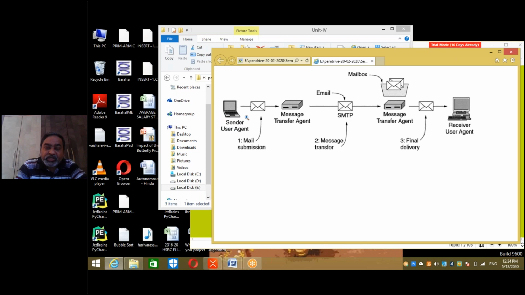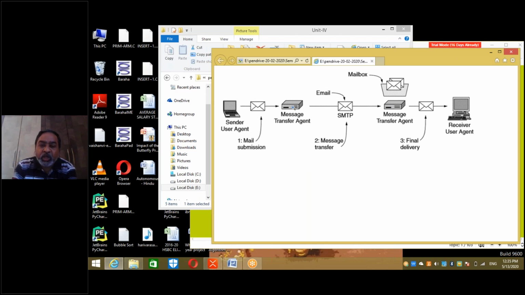So what does the sender do? Using his user agent client software, he sends the mail. He puts the address and then sends the mail. Where is the message transfer agent? It is on your side only, client side only, right? In client server message transfer, you can see that MTAs are two, one on the sender side, one on the receiver side. In between there is the server, that is, the service provider. This entire environment is being supervised or monitored by the server, right?